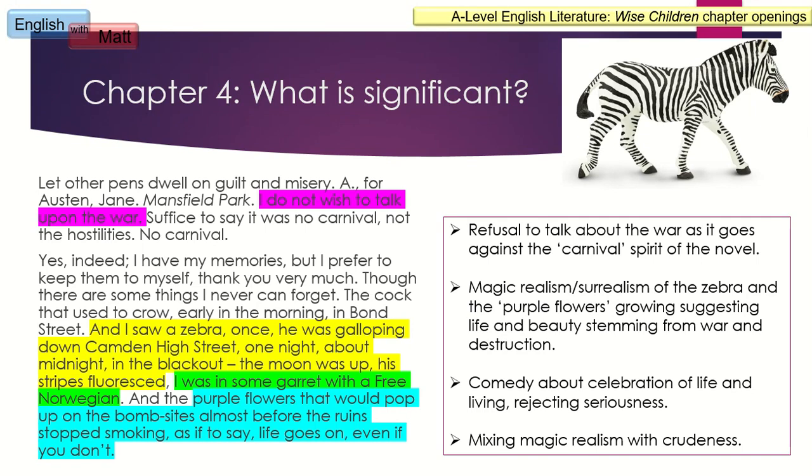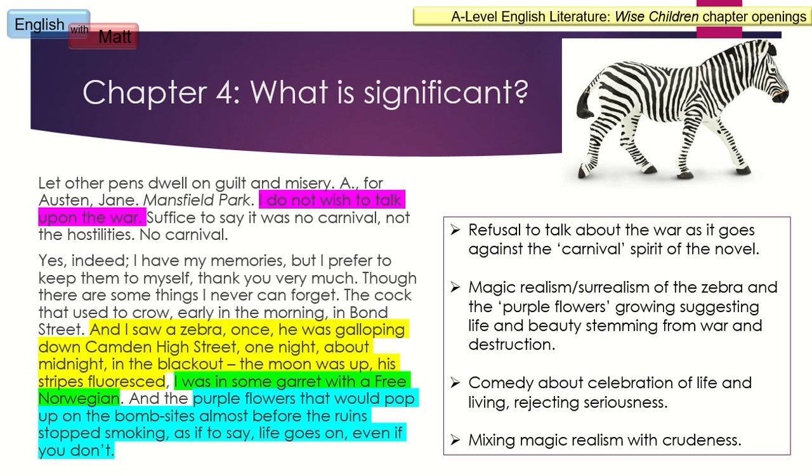In the pink here, we get Dora's narrative agenda, really, which is all about rejecting seriousness. She says point blank here, I refuse to talk about the war. I'm not talking about it because it's no carnival. And if she is writing a book which has a carnival spirit, Carter and Dora is not wanting to go and speak for pages and pages and pages about the awfulness of war.